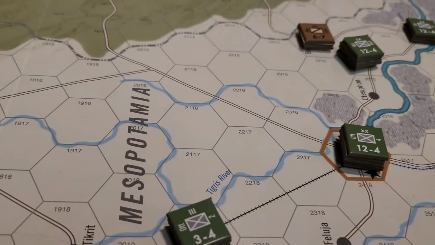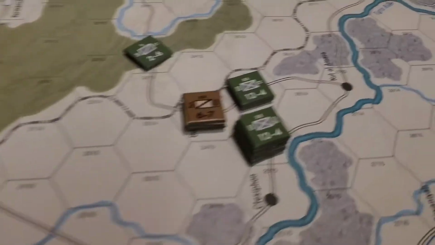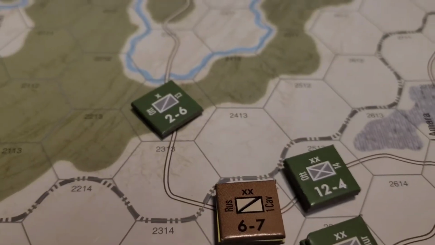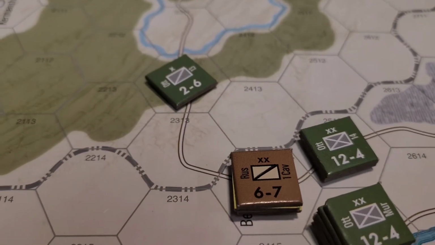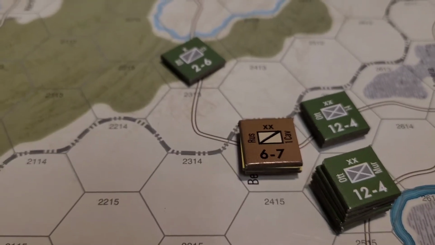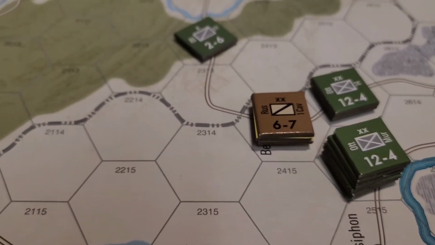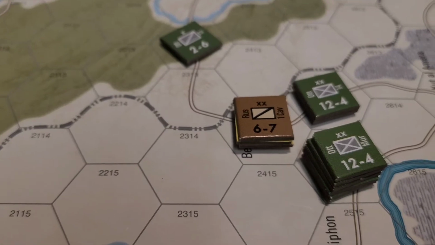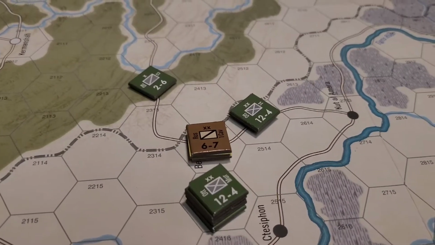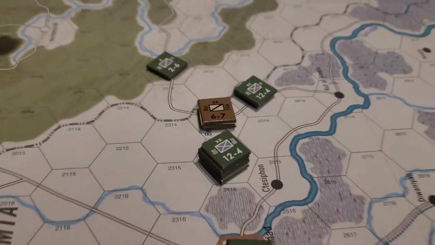Although, hold on a second. All right, we're pulling them out of that town there. Swung my cavalry around to a blocking position. Oh, I guess he still does have one way to go. But, hold on a second. Alright. Now I believe we got him surrounded. Now this will not